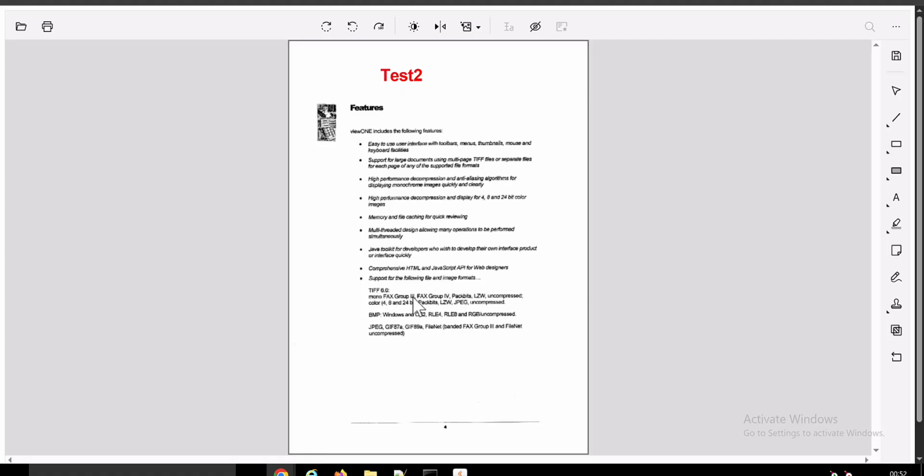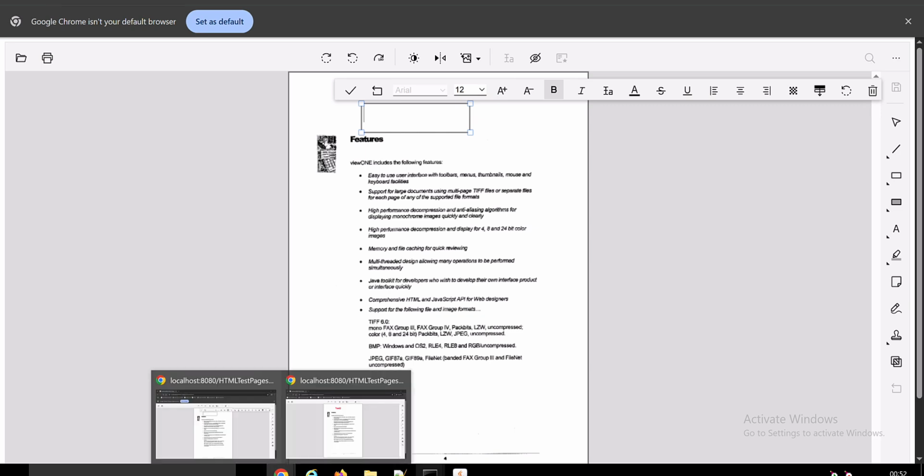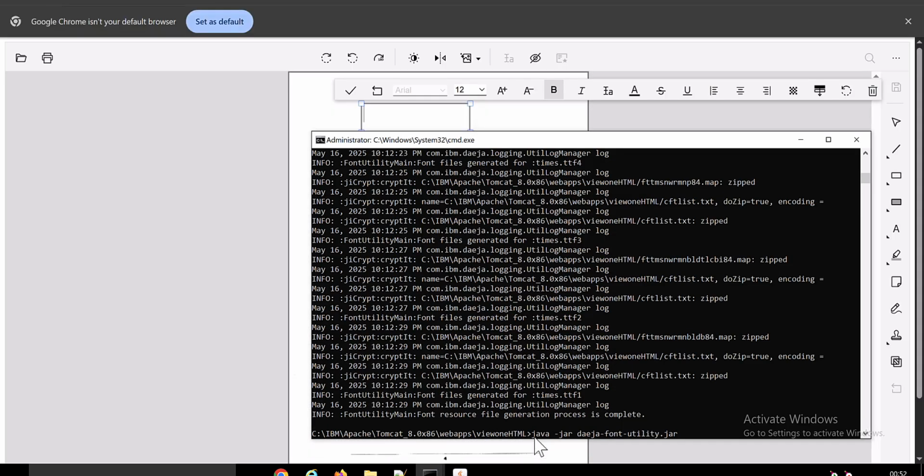Now I am going to show you with the standalone Daeja viewer. Initially, you will see that there is only one font which is available, which is Arial. And then, after you run the utility with the daeja-font-utility.jar file,